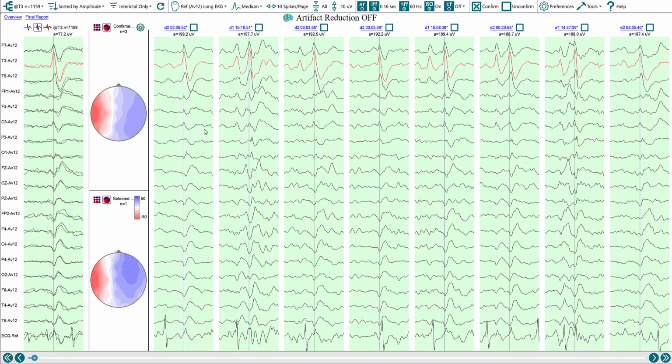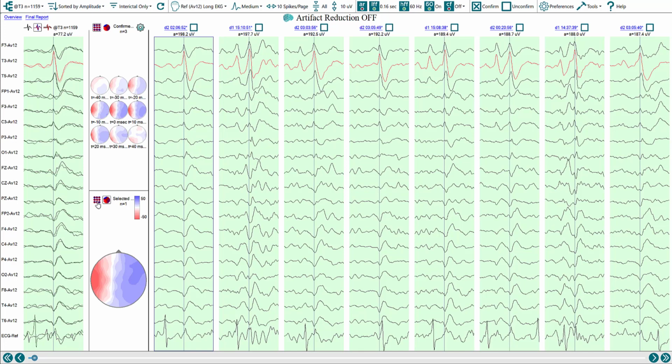And what this does is it combines two things. Traditionally, you get all the spikes together in an average, and then you'd show the overlay traces to see, well, do I have outliers? Here, you can eliminate those outliers right from the beginning and do that visually. And by doing it visually, you decide what parameters are important to you for whatever particular application. If you're doing source localization, well, you want them to have the same spike focus, and you also want to have a consistent first half wave, second half wave, and you want the fields to be similar and the propagation to be similar. And so in addition to just looking at a voltage topograph, you can select propagation maps,